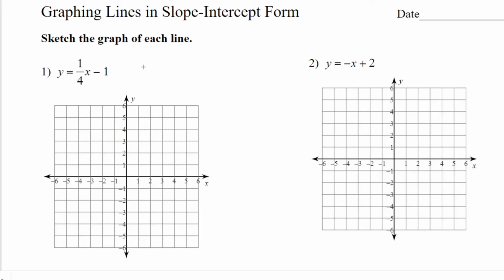Hello everyone, in this video I'm going to show you how to graph equations on a coordinate plane. Here I just brought up a worksheet I found online for graphing lines in slope-intercept form. Now the method I'm going to show you will work for any form and it will work for any type of equation. So what you're going to do